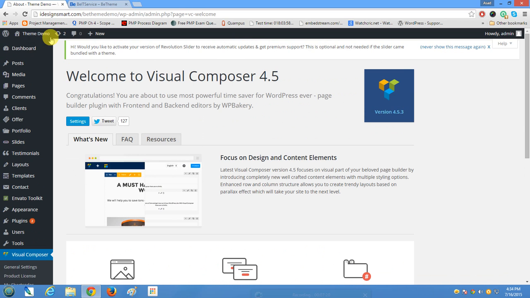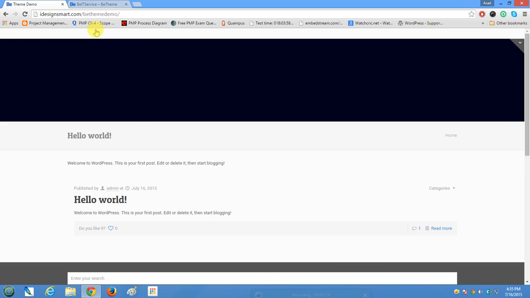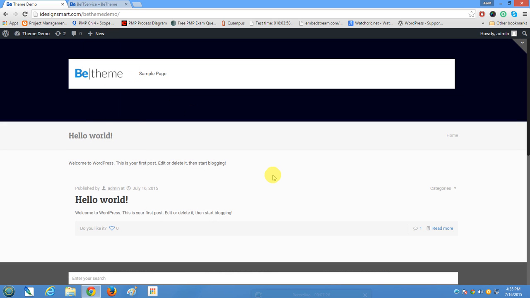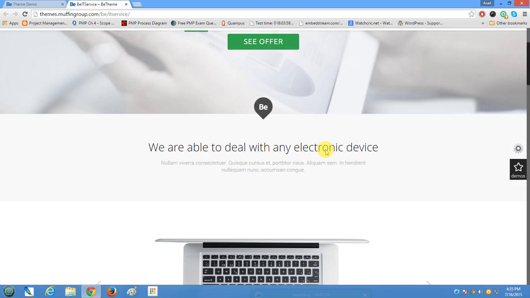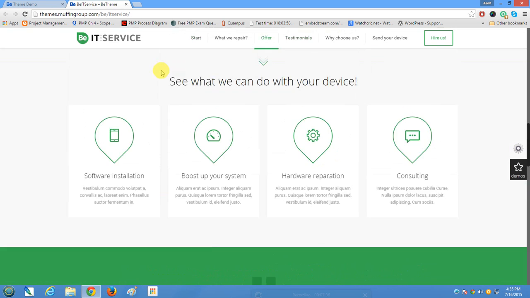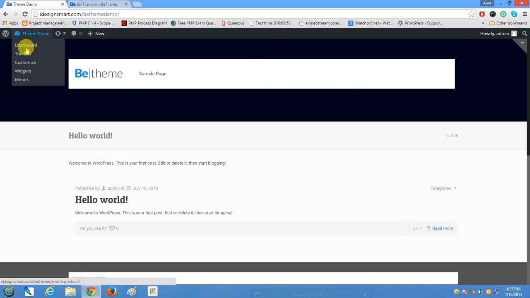Now the next step, here is how my theme looks like, and we'll walk through some of the options that are being exposed by the theme and how to work with them, and changing them will change what on your theme and how to edit menus and stuff. So this is how my theme looks like, but I want to achieve this look and feel for my site or for my business. So what I'm going to do is go to the dashboard